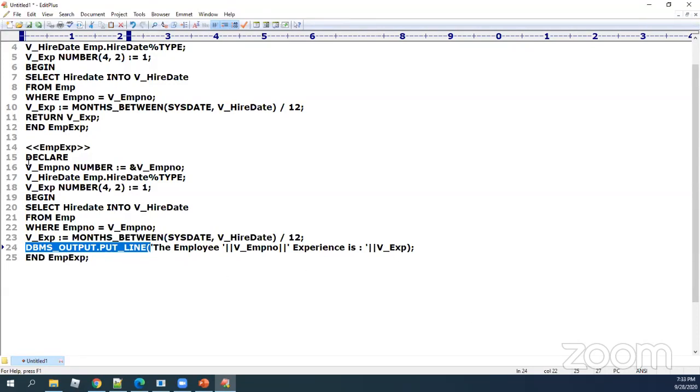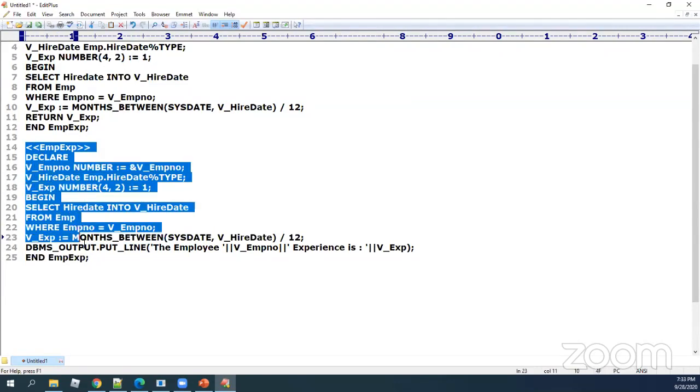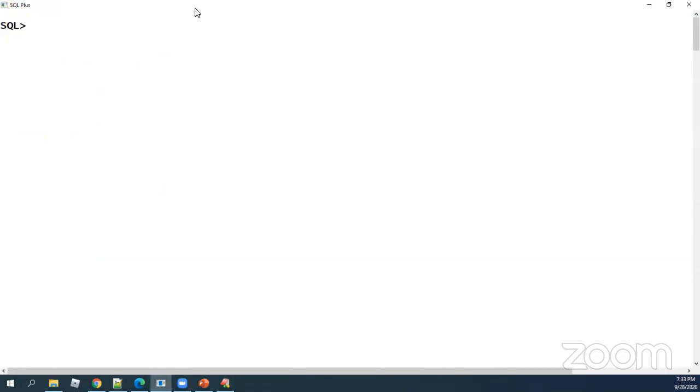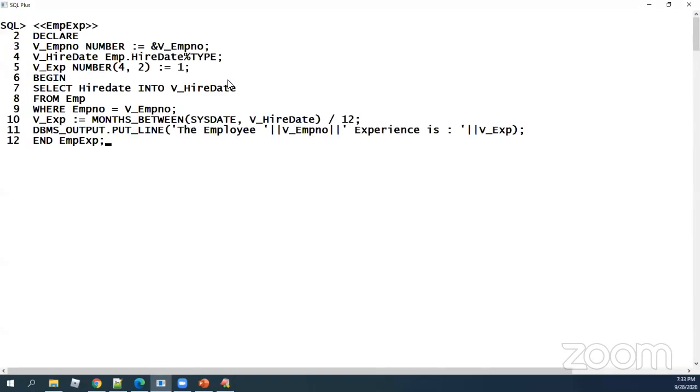Now, is it not a very simple named block in our PL/SQL? Now you just watch very carefully. I'm executing this. I'm putting the forward slash, and we are looking into this now. You can watch, I'm saying 7654, which is my employee number.